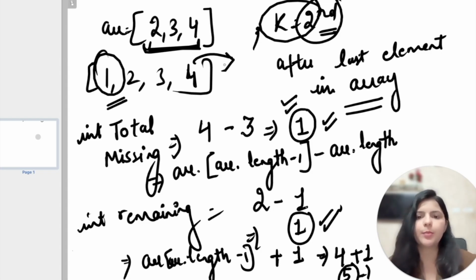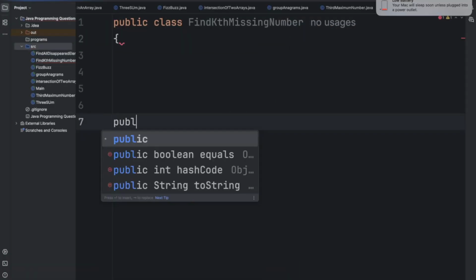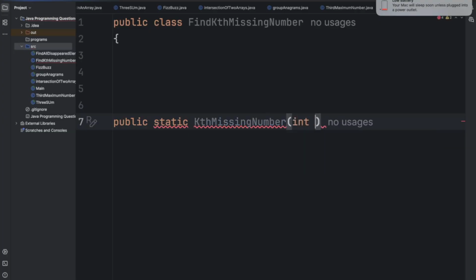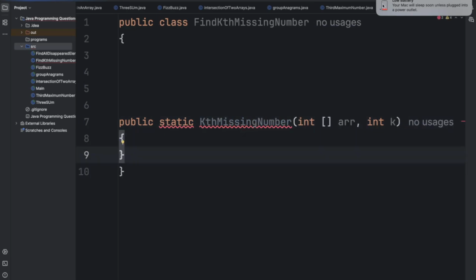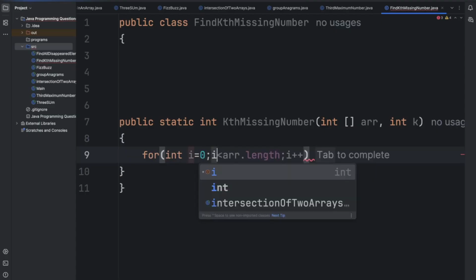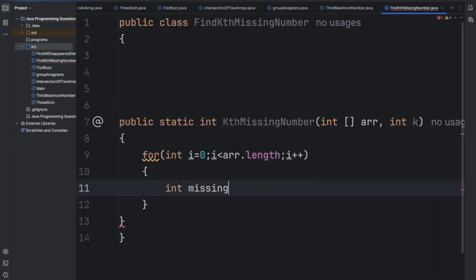I hope you understood the approach. Now let's write a solution for it. So this is our class, find kth missing number. Let's write a method, public static kthMissingNumber, and the inputs are going to be your int array and int k, right? And what is this going to return? Int. Now we will loop through the array, for int i is equal to 0, i less than array dot length, i plus plus,